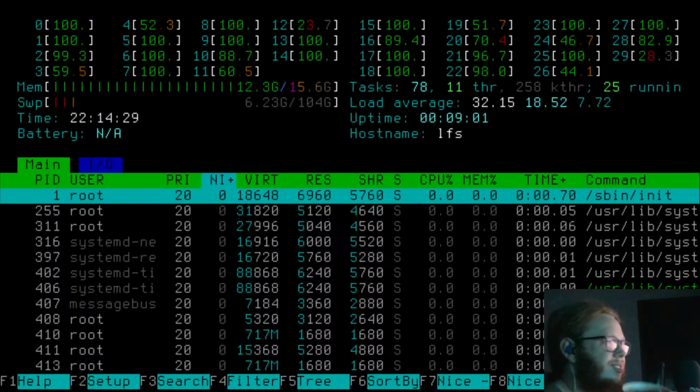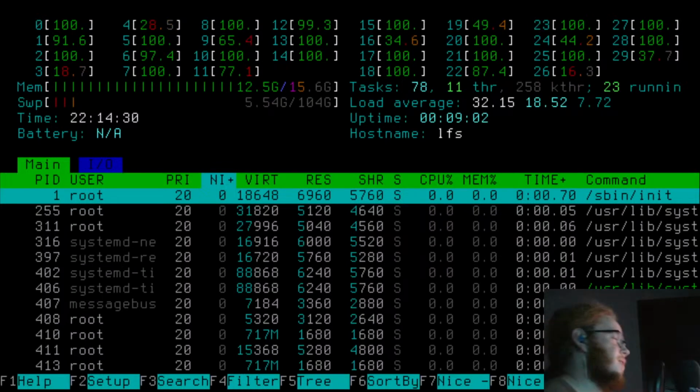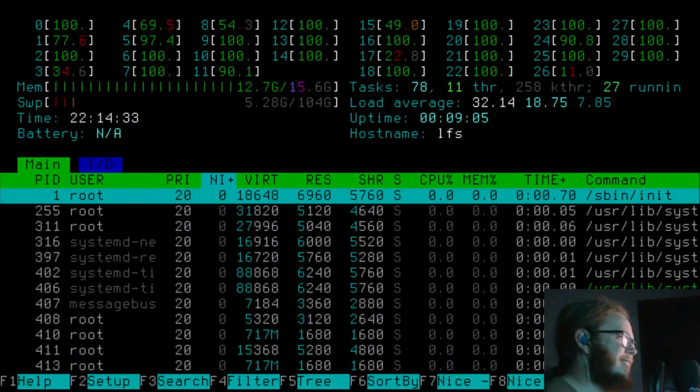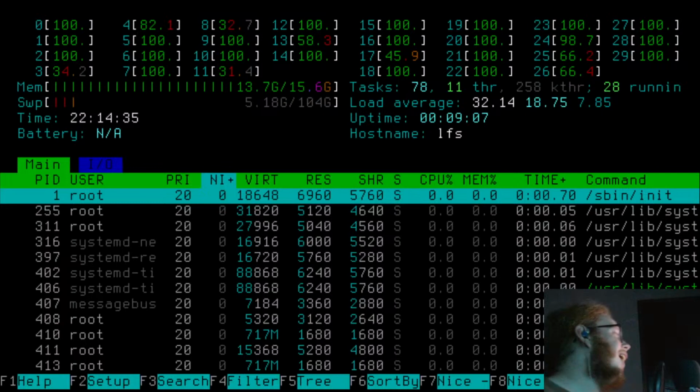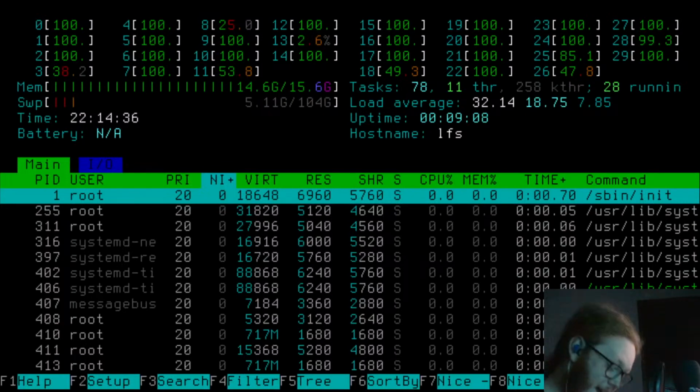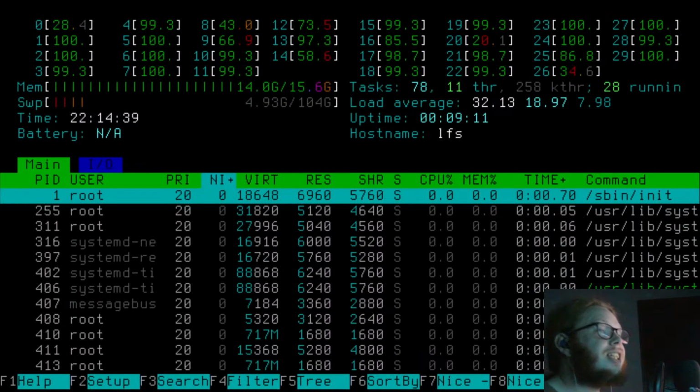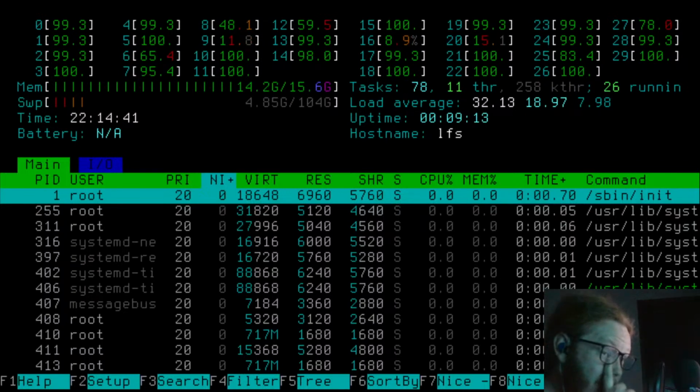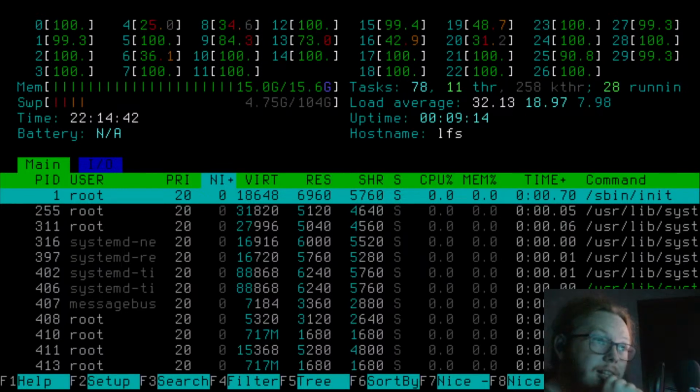My coffee's empty. Yes, we do. I have been stuck at LLVM for the past nearly hour and a half now. Hour and a quarter I've been stuck at this.